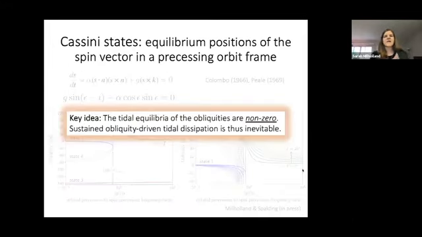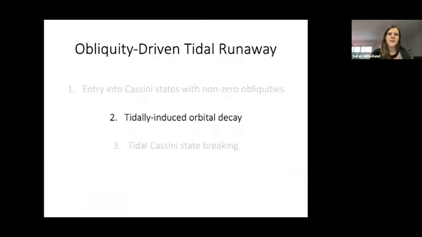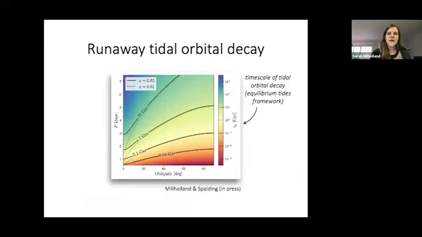So just to reiterate, the key idea here is that the tidally relaxed positions of the obliquity, or the Cassini states, are non-zero values, and this makes sustained obliquity-driven tidal dissipation inevitable in these regimes. So as I've already alluded to, once the obliquity is in this non-zero state, tidal dissipation leads to orbital decay. And the rate of this orbital decay induced by tidal dissipation can be calculated in the equilibrium tides framework,